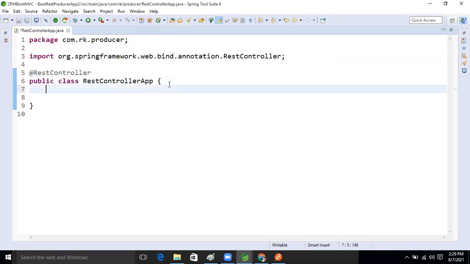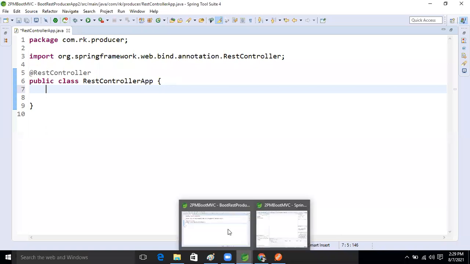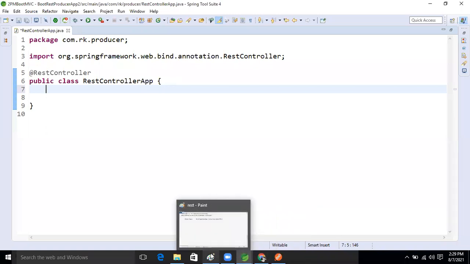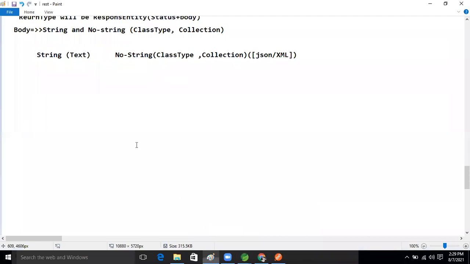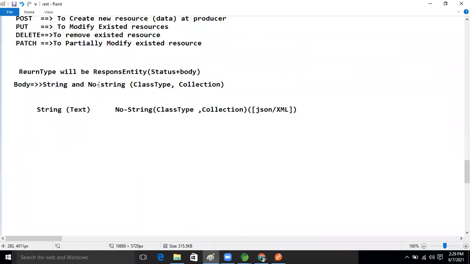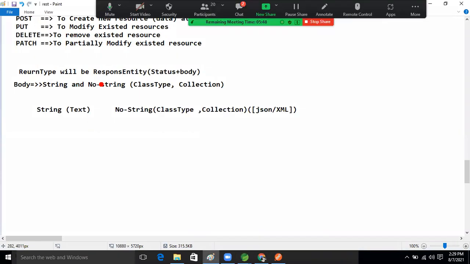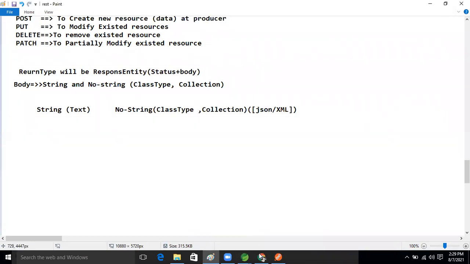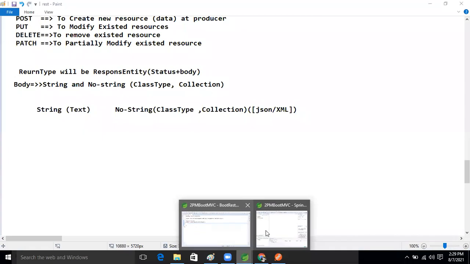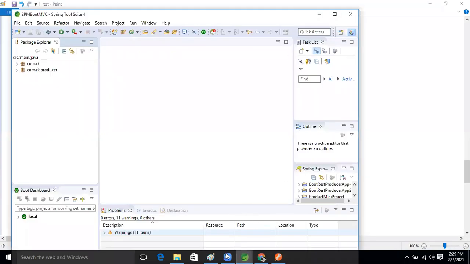So I'm going to write one method, right? If we take one method now, what is the return type now, guys? Just ResponseEntity, right? Very good.